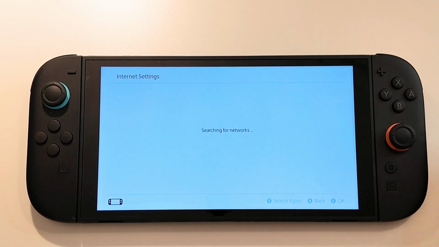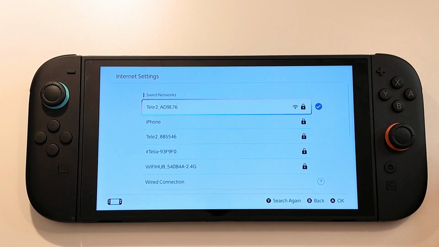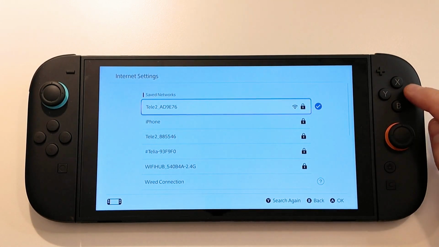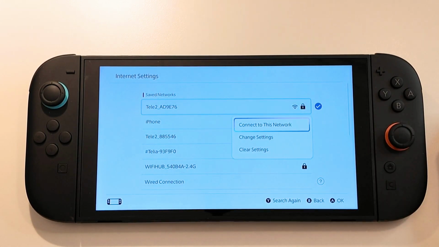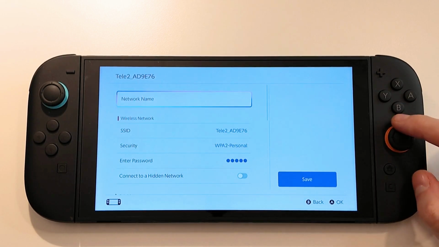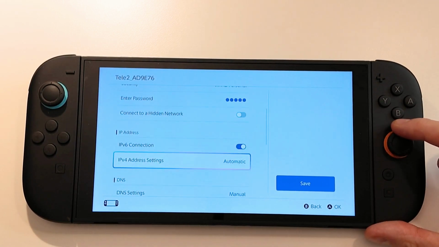And then I clicked on internet settings, and we're just going to wait for it to search. This might sometimes take a couple of seconds, just so you know. You're then going to check exactly what kind of Wi-Fi you're connected to, click on the A button, and then click on change settings. So click on change settings here, and then you're just going to scroll down in here